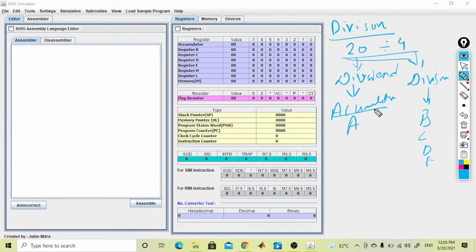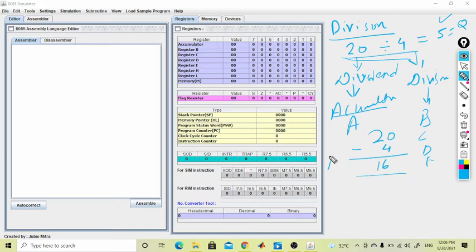And we subtract again and again. 20 divided by 4 we get 5, and 5 is our quotient. So how are we getting the quotient? Using subtraction logic. 20 minus 4, we get 16.